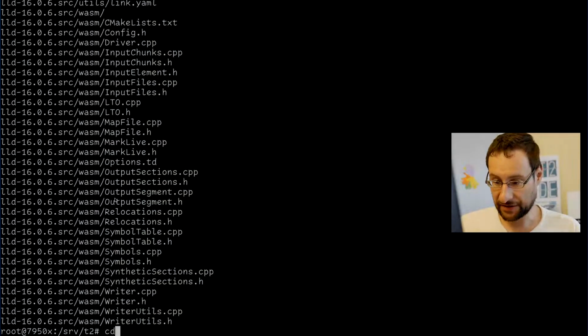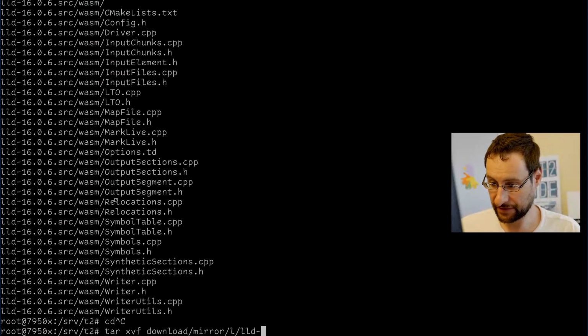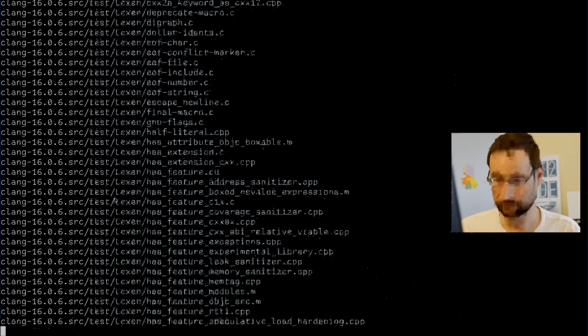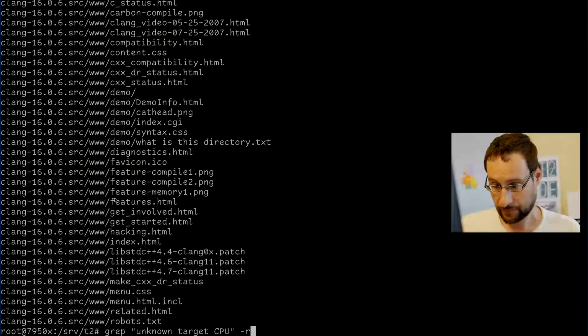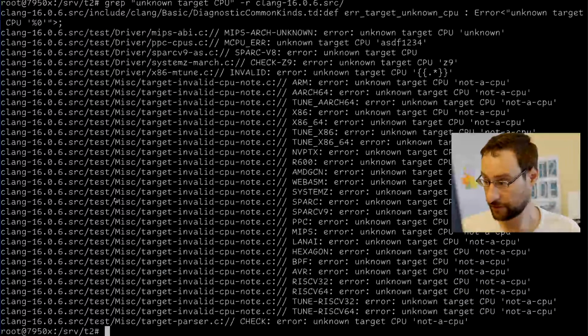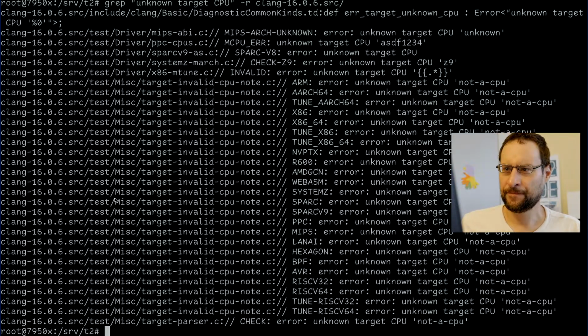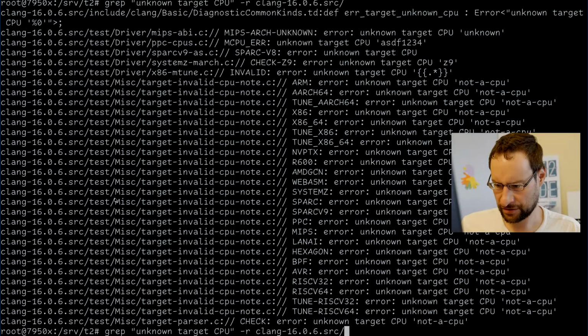The hunt starts with where the heck is that even located? So let's see. In Clang, okay, there are some, not a CPU thing, there are some drivers with a target.